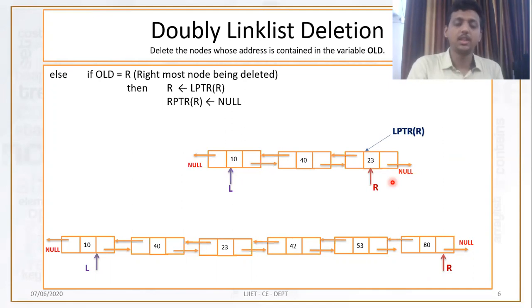Fine. Okay. Then what happens? See, if I want to delete 42, old is pointing over here. Okay. So students, what do I exactly want? At this point, just imagine, if I'm removing this node, then what happens?